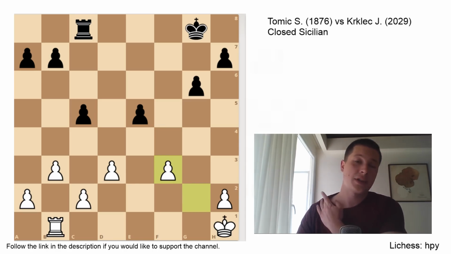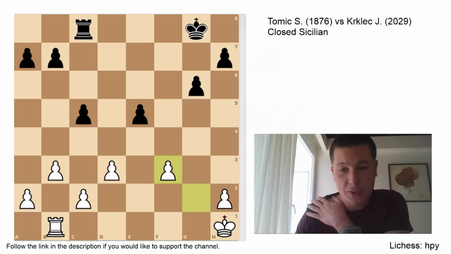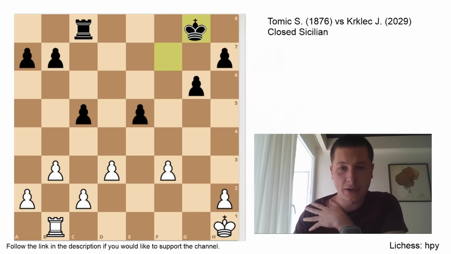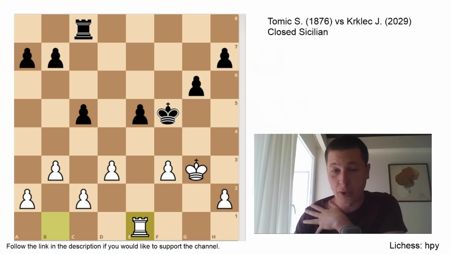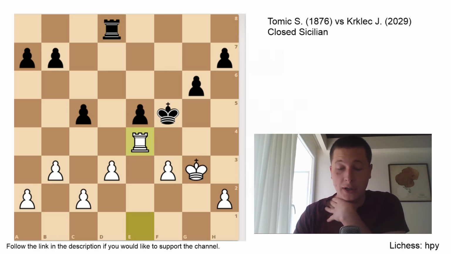Okay, now we have a rook endgame in which the position should be equal if both sides play correctly. And I think we have played correctly. King f5, rook e1. I need to get my rook into e4. Rook d8, rook e4. I have to play rook e4 because if he plays rook d4, then I'm going to